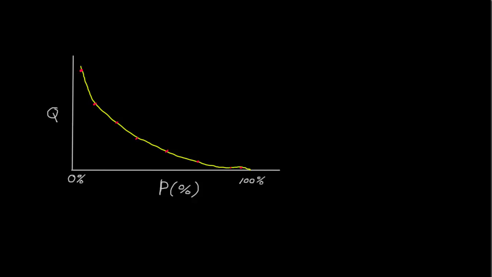Now, in flood frequency analysis, we're not doing that. What we're actually trying to do is figure out what's going on over here. That is, with the discharges that have a very low probability of being exceeded. In other words, discharges that are really large. These are floods. And so what we're interested in is not interpolating between the data we already have, but, and this is the real important point, we are interested in this region, and more often than not, we're interested in extrapolating our data to values of probability that are smaller than the probability